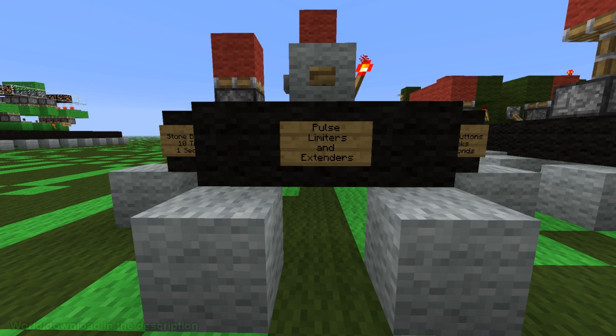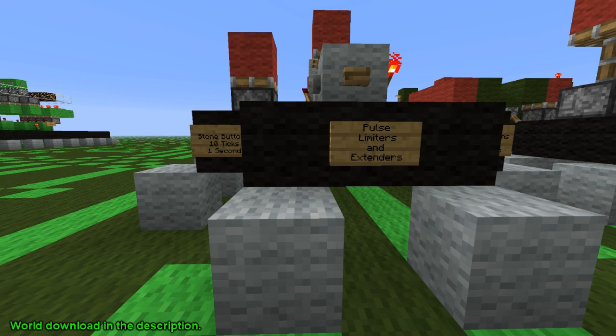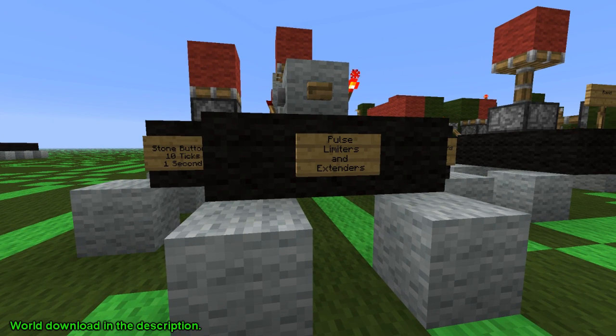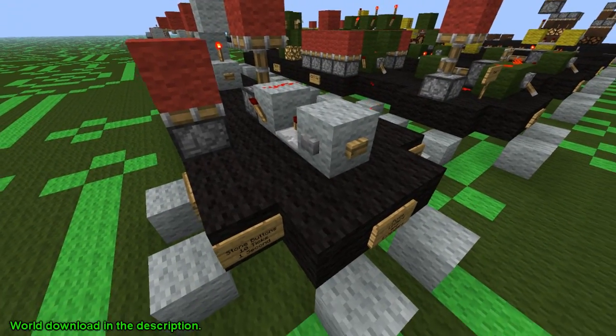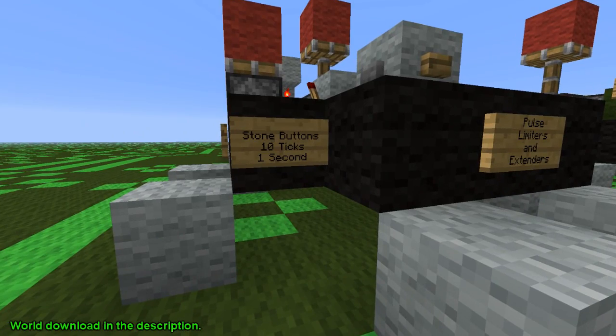Alright guys, so here we are. I'm going to give you a quick explanation of what a pulse limiter and what a pulse extender actually is. A pulse limiter reduces the duration of the input pulse. Very simple. And a pulse lengthener extends the duration of the input pulse. Now, you got to keep in mind, guys, when you're doing pulse limiters and pulse extenders, about